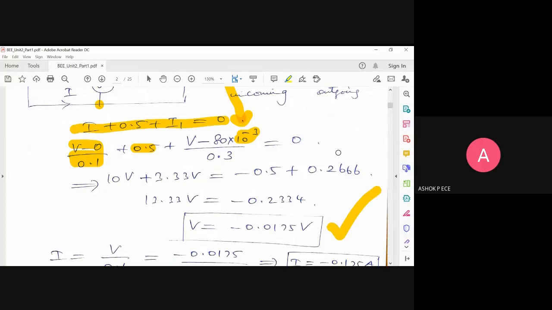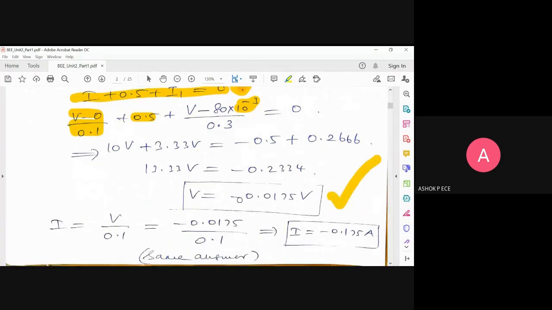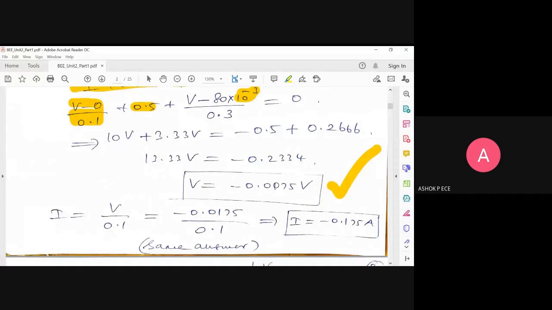Please, everyone, finish till this step. See, we have not seen superposition theorem. We are just doing the problem by the normal method and finding out the value of current I. Then we will do the same problem by superposition theorem and find what is I, and see whether both the answers are the same. Okay. So please complete till V and I. V is known, from that find I. Please do till that.